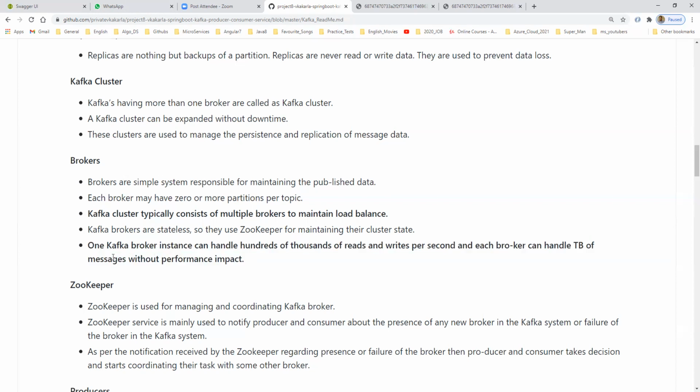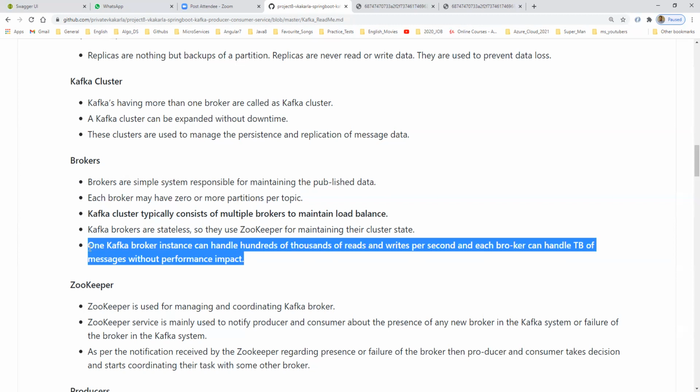So only one instance inside the Kafka cluster can handle hundreds of thousands of reads and writes, which means produce and consume, send and receive per second. In 1 second we can pass thousands of records. Each broker can handle terabytes of messages without performance impact.